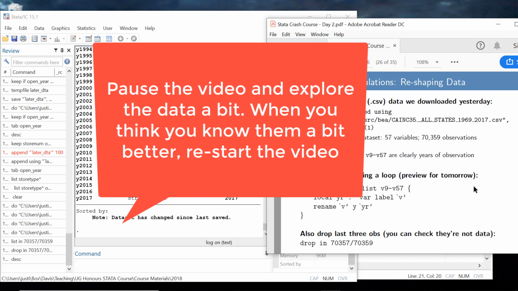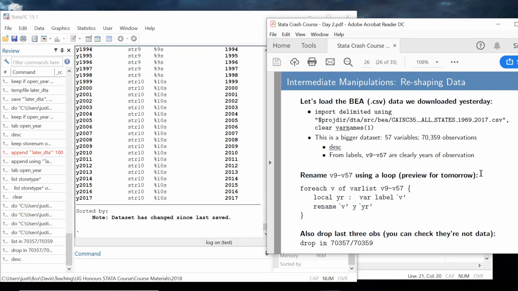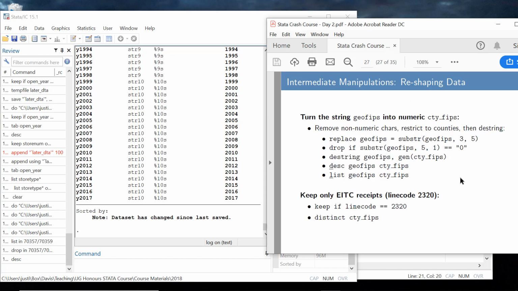So now that we have had a chance to explore these data, we're going to move on to actually turning it into something useful. And as was pointed out, what we want to get out of this is actually going to be EITC receipts. I guess you intuited that because my do file is called EITC clean. That was still impressive intuition. And we're going to have to deal with a few issues. First off, as some of you guys noticed,